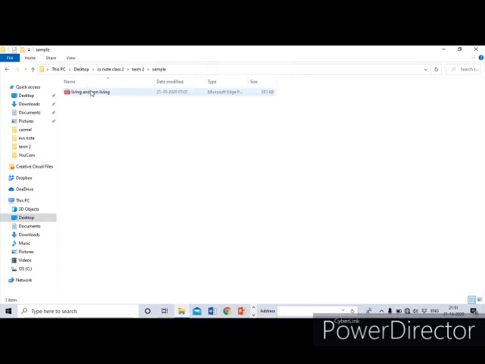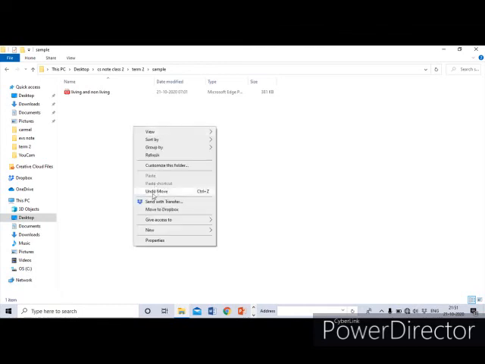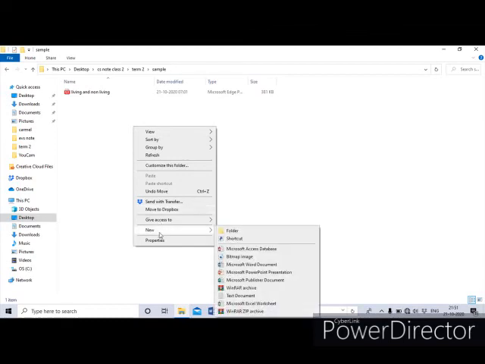For example, under sample we have a file like living and non-living thing. Again I am going to create a file. For that, you just right click and select new, and after new you have to select Microsoft Word document.